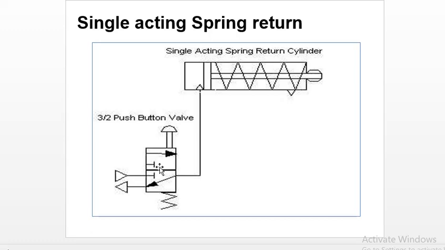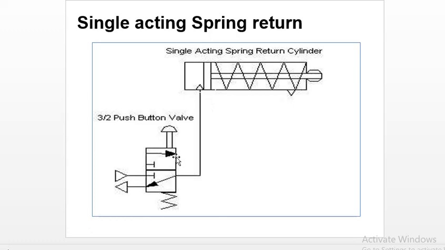Here, a 3 by 2 push button operated direction control valve is used. From this side, this position is actuated, this line is connected here, and due to that the pressurized fluid comes inside the cylinder, the spring compresses and the task is completed. Or the linear force, that is in a straight line, as I told you earlier, can be created, and due to the spring force the fluid again moves towards the left side, and due to that this position changes.